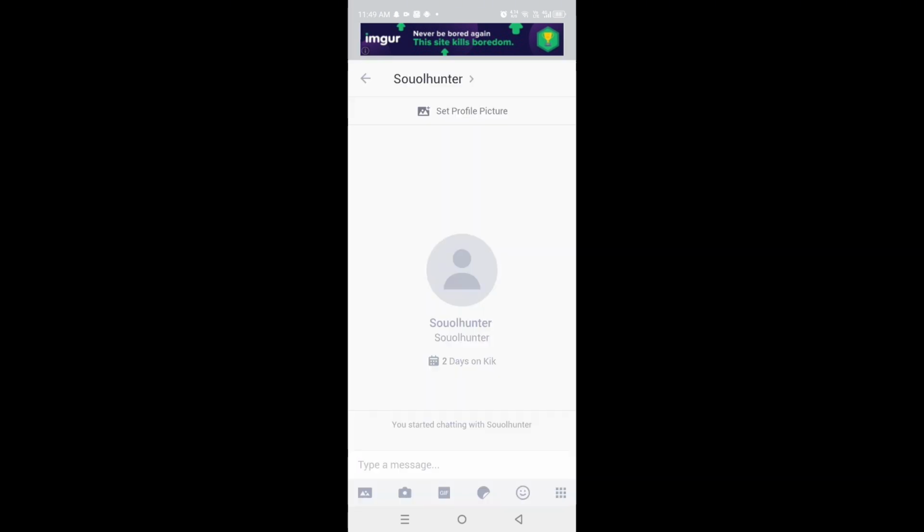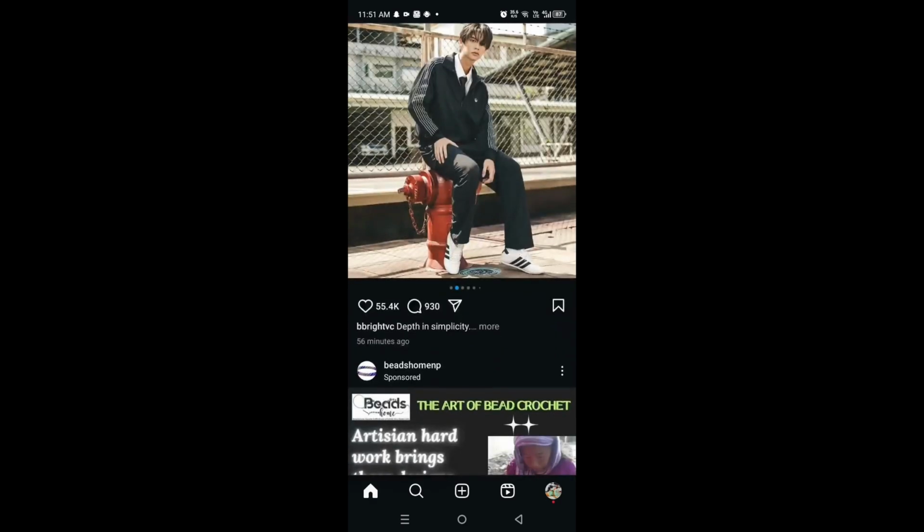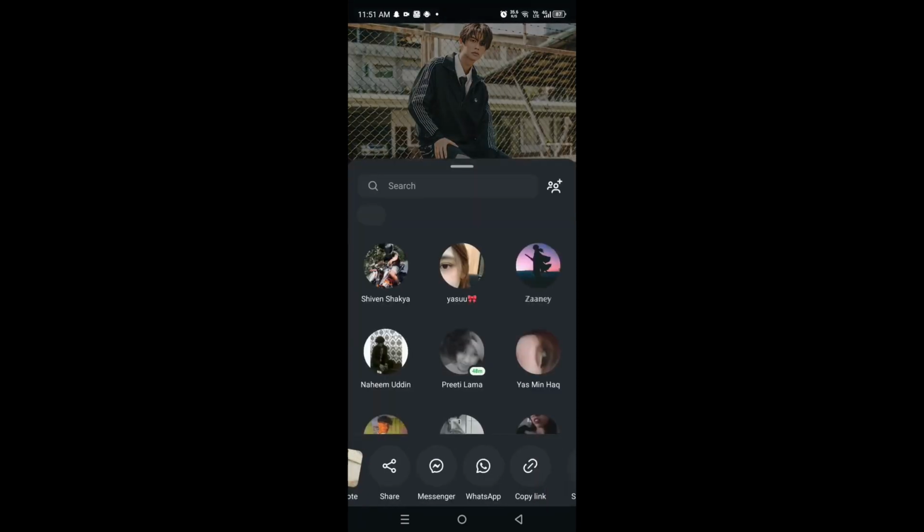Before sending the link, you will need to copy it from the app or browser you are using. So if you are sharing a website, open your browser, find the page you want to share and then copy the URL from the address bar. You can also copy the link from other apps like YouTube or Instagram. So if I want to share this one, I'll just copy the link